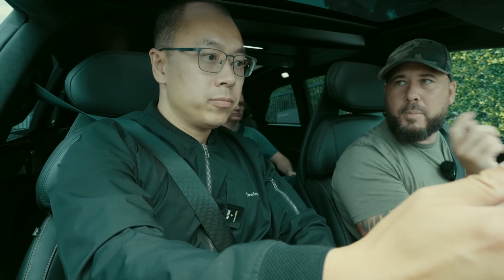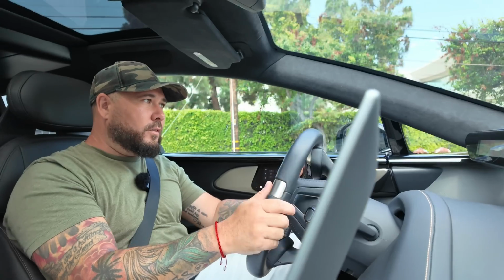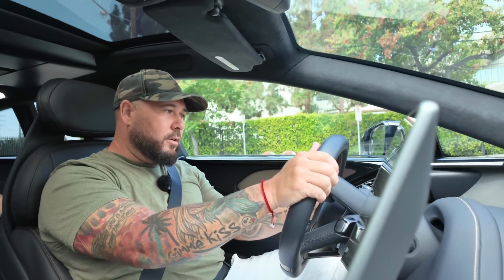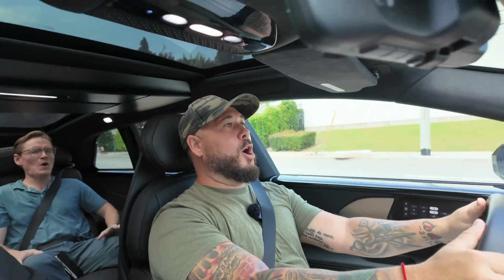I will say that the driver experience is very different than the passenger experience. I mean, obviously it's comforting as a passenger, but as a driver, you feel this sense of luxury. And even just the steering wheel, and then of course when you...